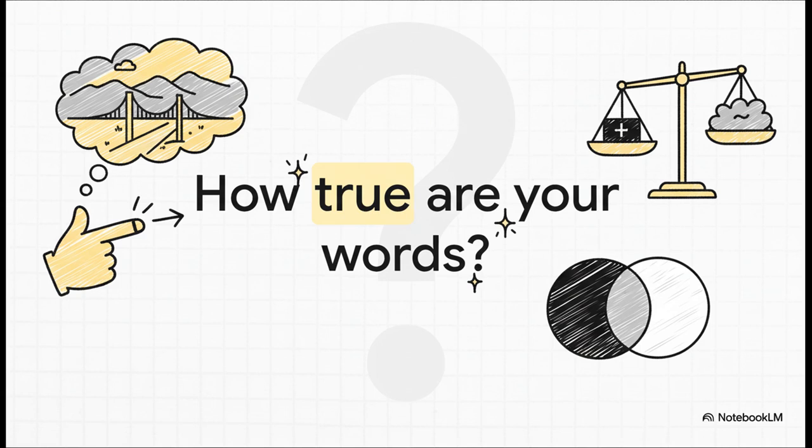Think about it. When you speak, is everything you say 100% solid gold fact? Of course not, right? We're always talking about possibilities, wishes, or giving orders. The truth value of what we say isn't just black and white, and English has this brilliant built-in system for signaling exactly where on that spectrum we are.